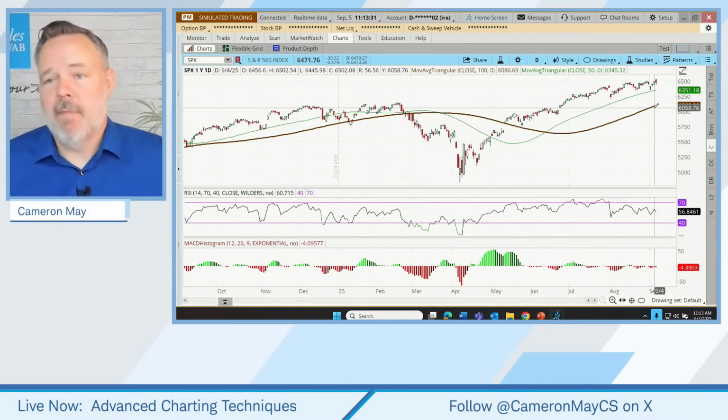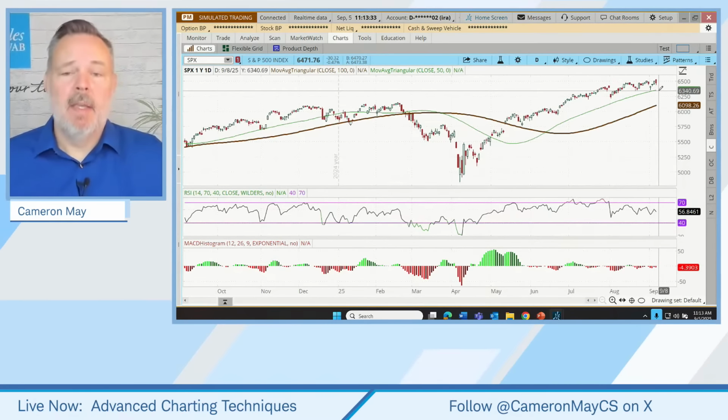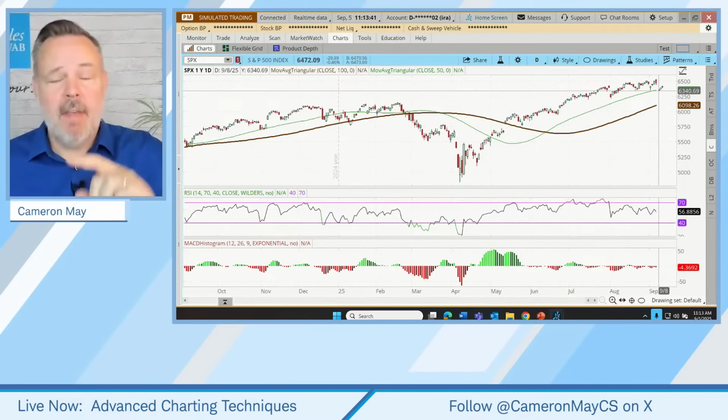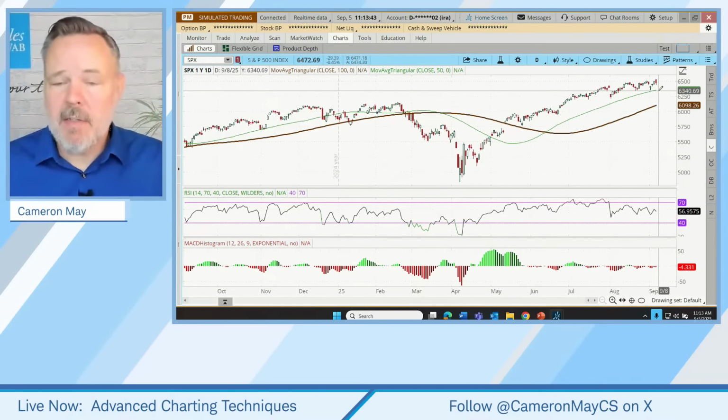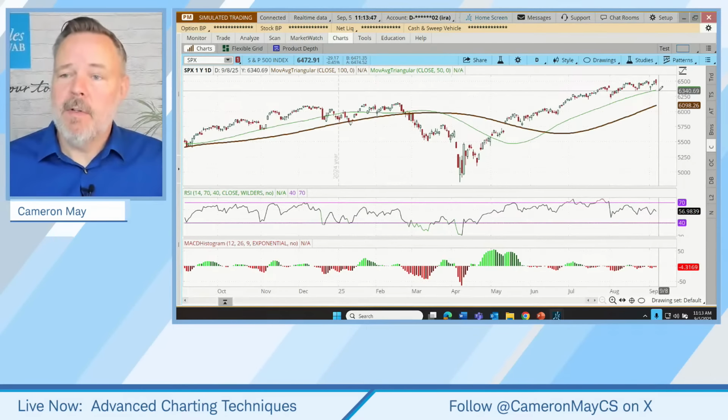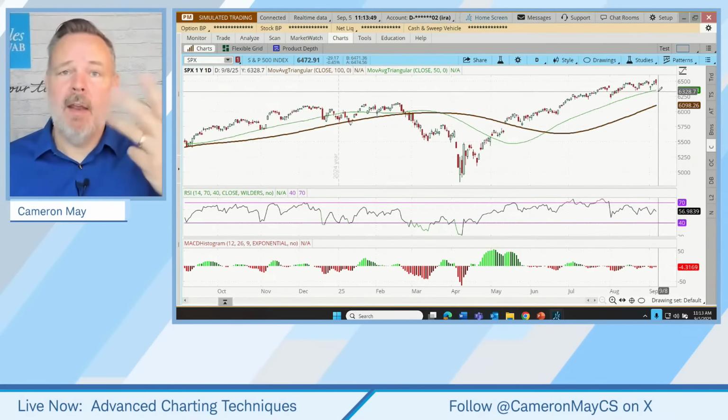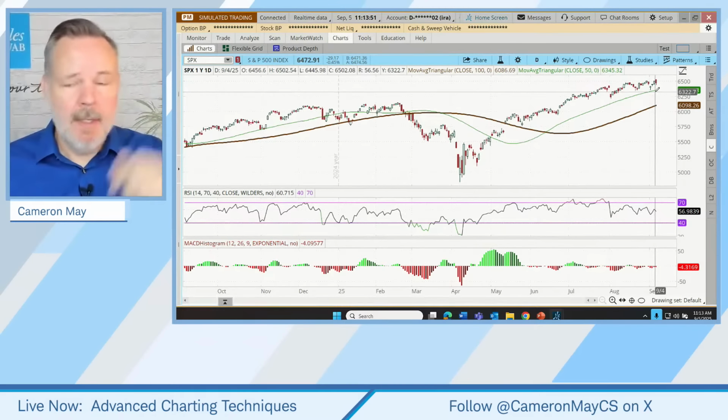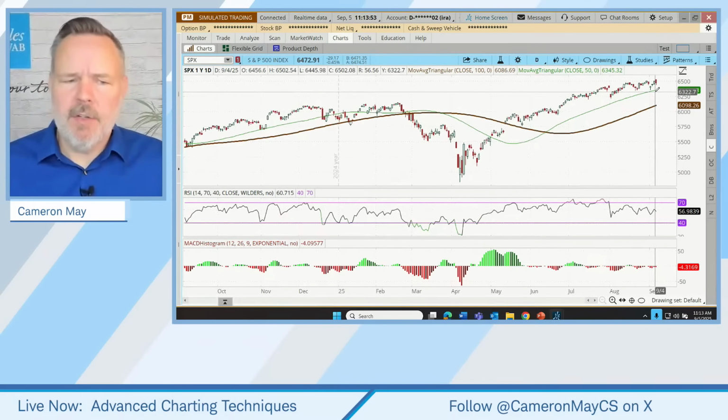Now, the trend can turn on a dime, but for a number of technical traders, once a trend has been established and identified, the assumption is that the trend is likely to persist unless something big comes along and changes it. So the trend is looking bullish right now. So 1 out of 3, check for bulls. What about the other 2, though?